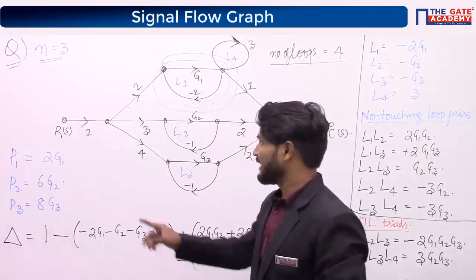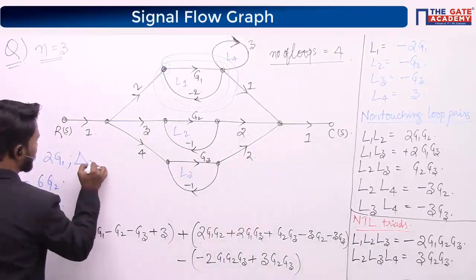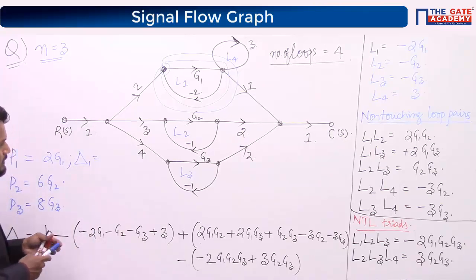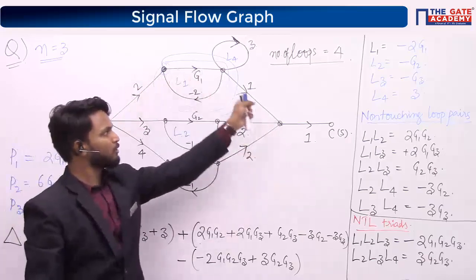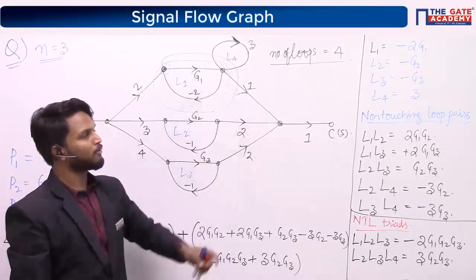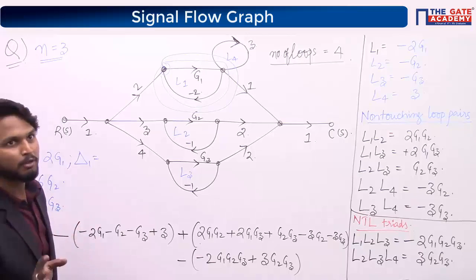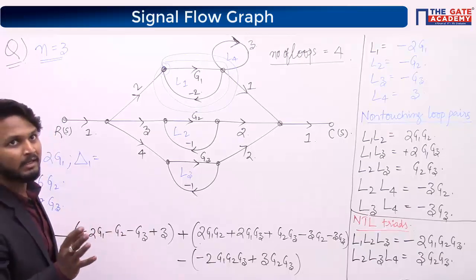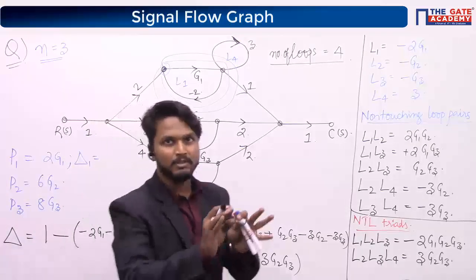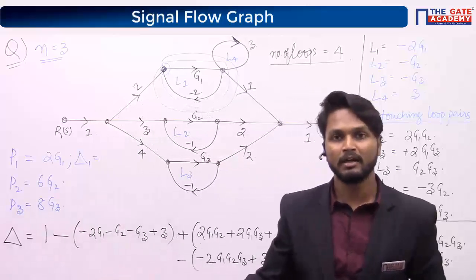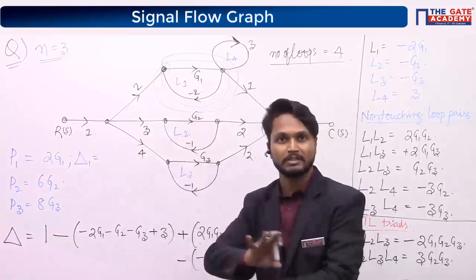So let us look at delta 1. Delta 1 is equal to what? So see, consider the first forward path. All the loops which are touching the first forward path are not present. You have to consider that all the loops which are touching the first forward path are not at all present, right? Then calculate delta. So see, it is a little lengthy problem. If we solve this particular problem, it is done, right? All the remaining problems are very easy. Just this particular lengthy problem, that's it.